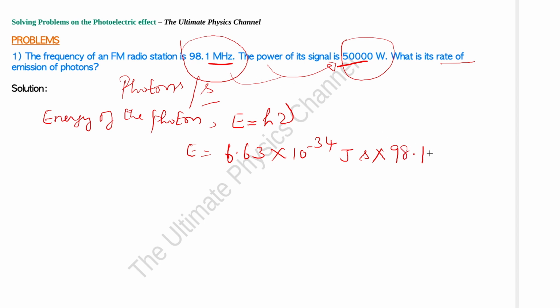So I have to multiply mega for mega 10 power 6, and for hertz the unit is per second, right? So if you do the math here,